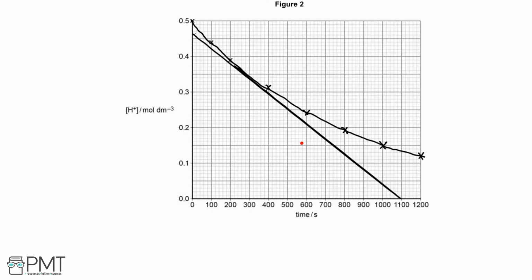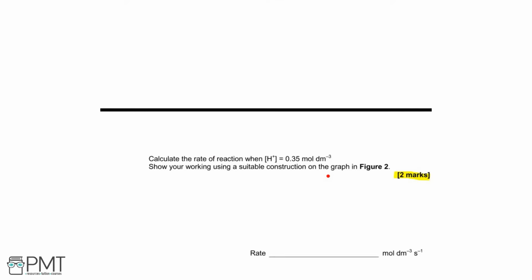If we look here, we can see that the endpoints are 0, 0.46 for this one here, and for this one here, we can see we have 1100 and 0 as our coordinate points. So we can use these two, which we've taken from our suitable construction on the graph, in order to calculate the gradient and therefore the rate of reaction. So what we're going to do is